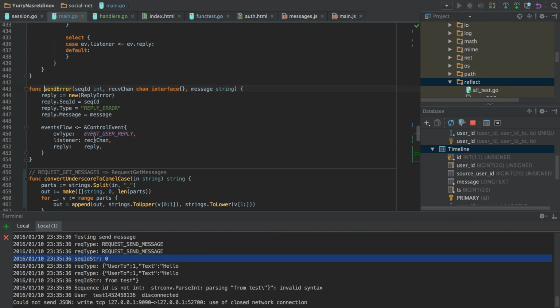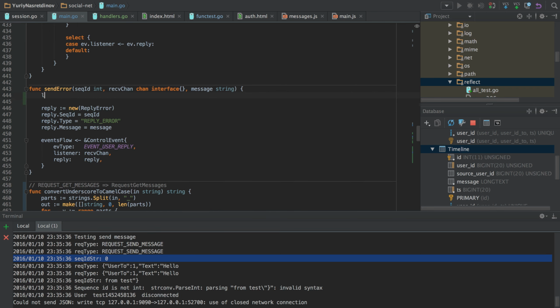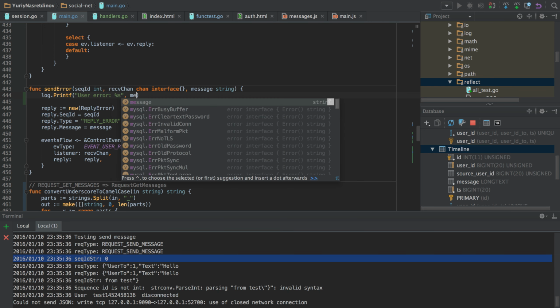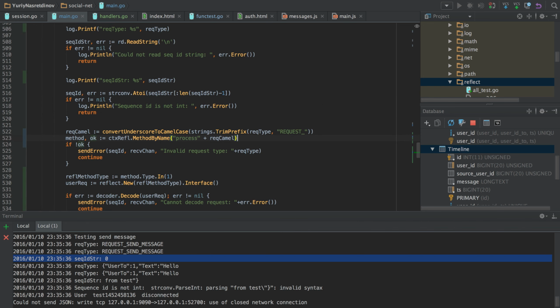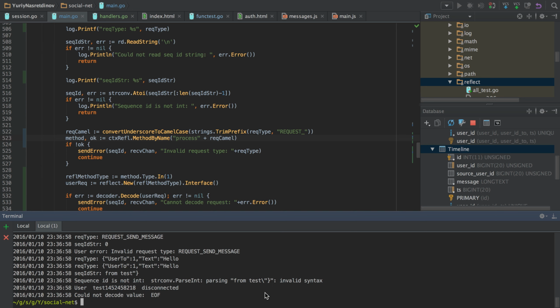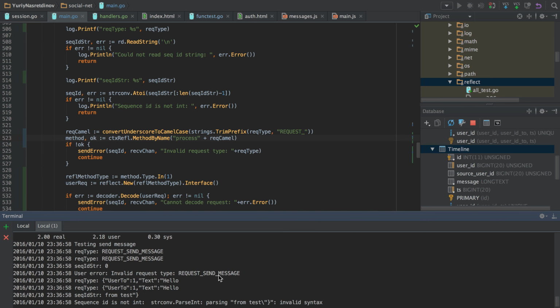So we add a debug print to the send error method. This is the method where errors are sent to users, so we can print it here.